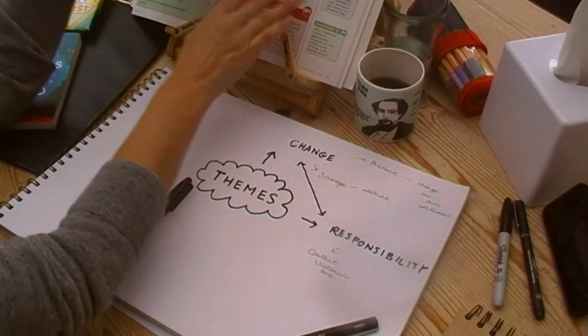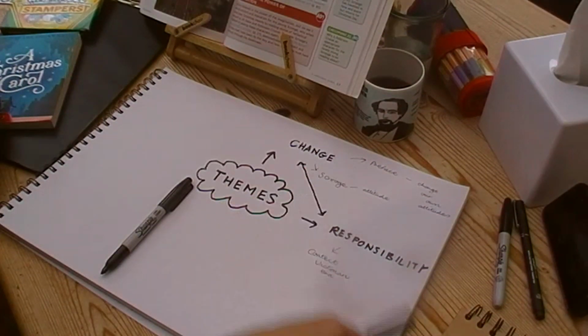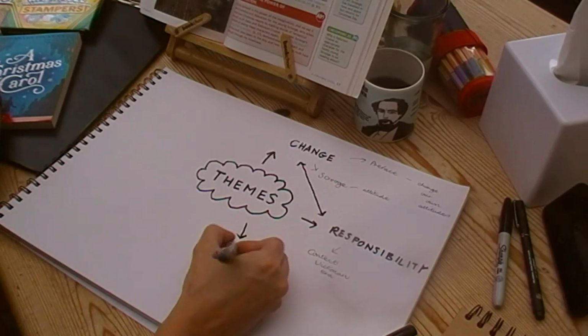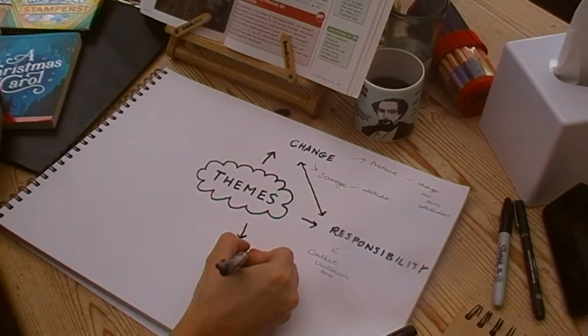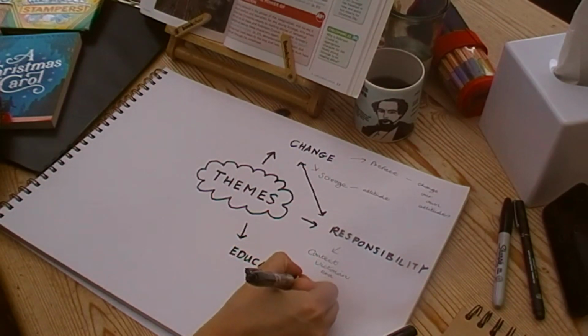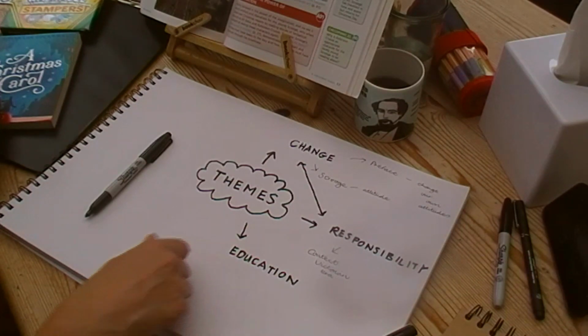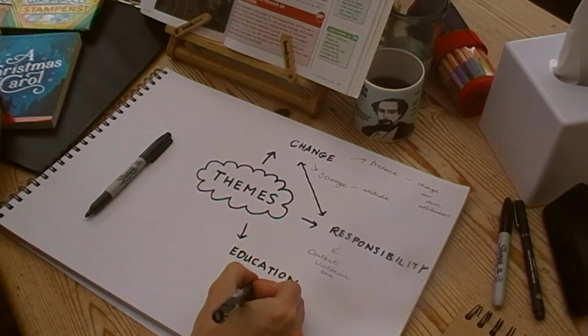So we haven't got long left now, just over a minute. The next one we're going to pop in is education. It's a key theme in lots of Dickens' novels, and it's because he wants to suggest that society needs to educate young people in order to solve many of the problems that he saw around him, poverty and so on. So he uses the characters, the two children, ignorance,